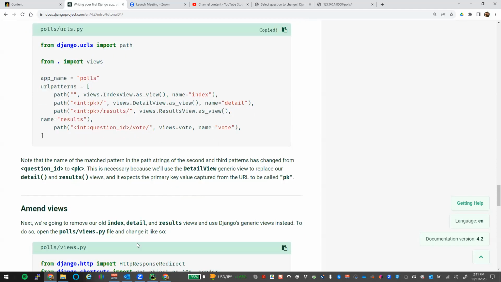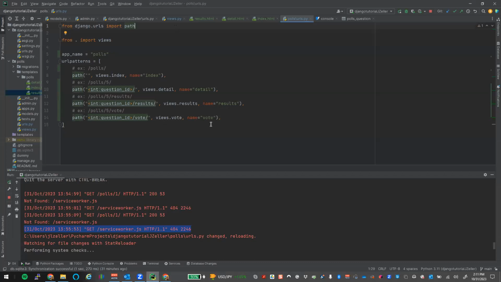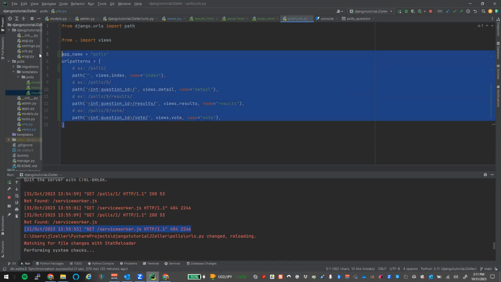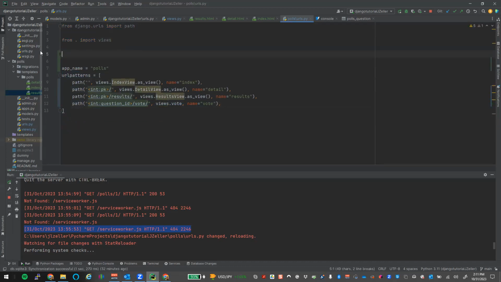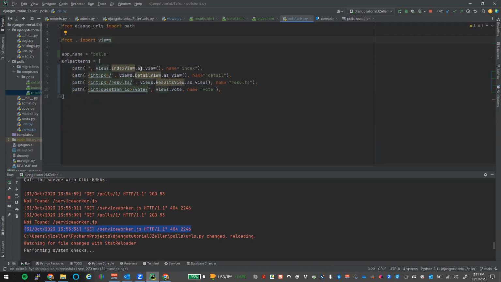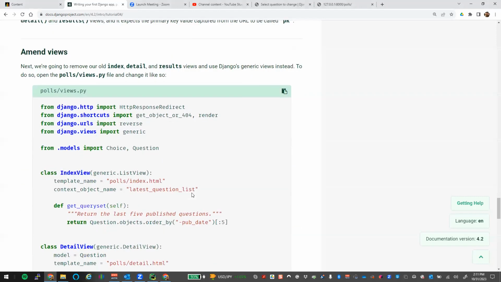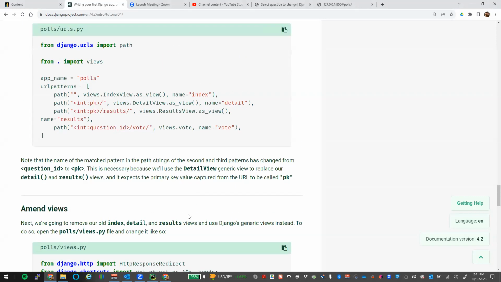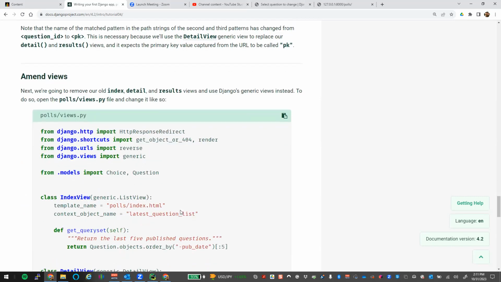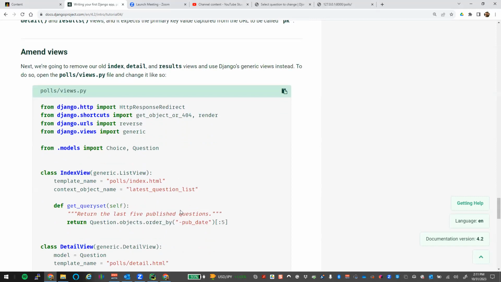So if we steal this code for our URLs and we replace that URL pattern, notice that it shortened it up a little bit and allowed us to use index view as a view, detail view as a view, results view as a view. Those are sending them back to the words that we used before. That's why you see those dynamically being built out of there. Okay. So each one is split into a view and you can use that in the HTML? Exactly. Yep. And then we just need to adjust the views so that it's actually going to render those out